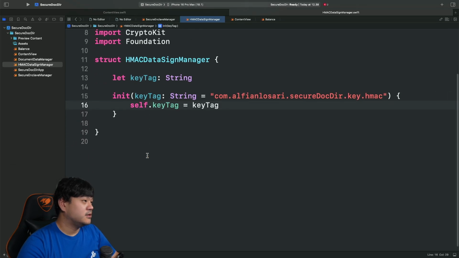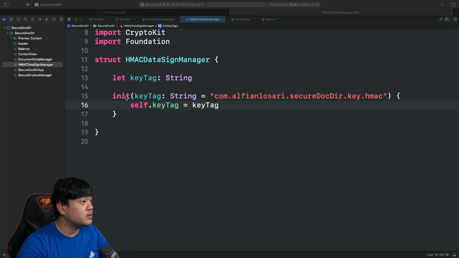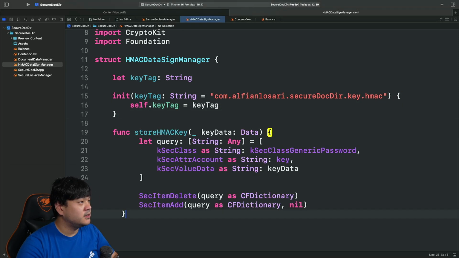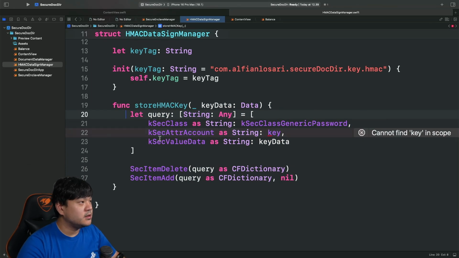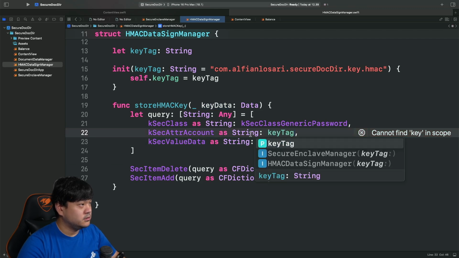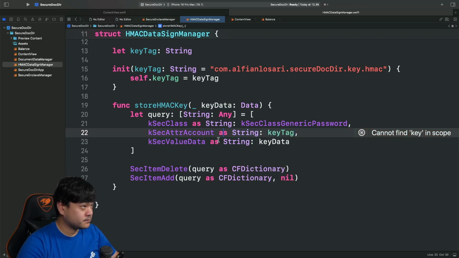And now let's create several helper methods as well to help us generate the HMAC keys. First one is the method to store the HMAC key in the keychain. So basically this method just accepts the data, and in here we just create a dictionary for the query.